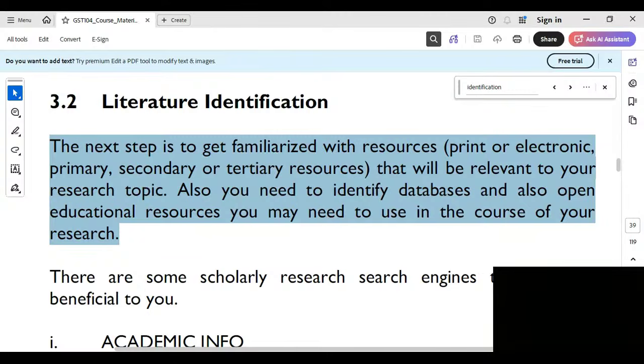Let's assume that your research topic is the effect of social media on academic performance of university students, for example. You cannot simply go to Google and download anything containing the word social media. Because your topic is the effect of social media on academic performance of university students, and you want to,